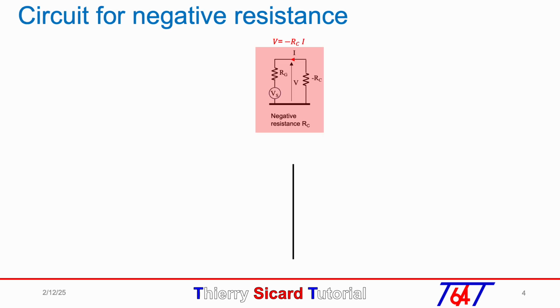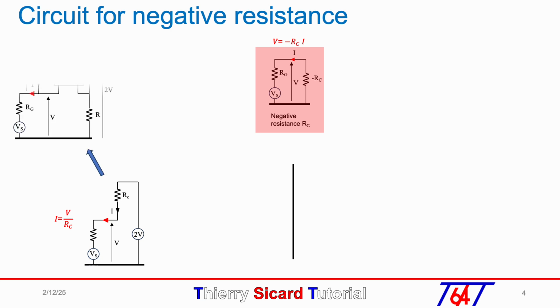The definition of a negative resistance Rc is shown in the red box, where current I flows into the source voltage Vs and creates voltage V across Rc. As we showed on the previous slide, to create a negative resistance with a positive resistance, we simply reverse the current flow. So if we bias a positive Rc between a source voltage of 2V and the voltage source Vs, we will send a current into the source Vs in the form of a negative resistance.